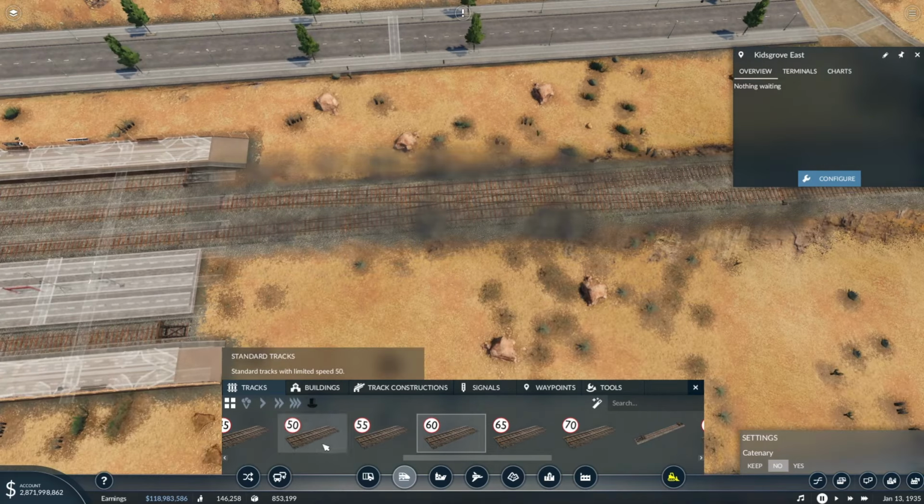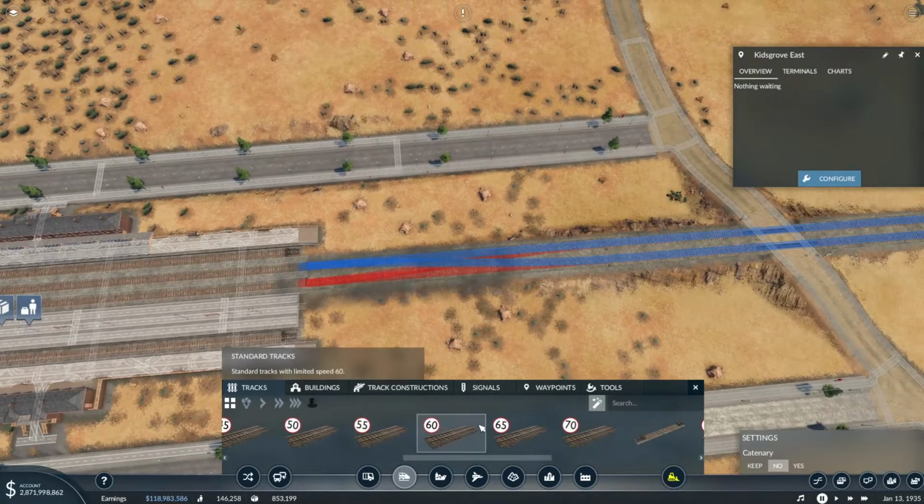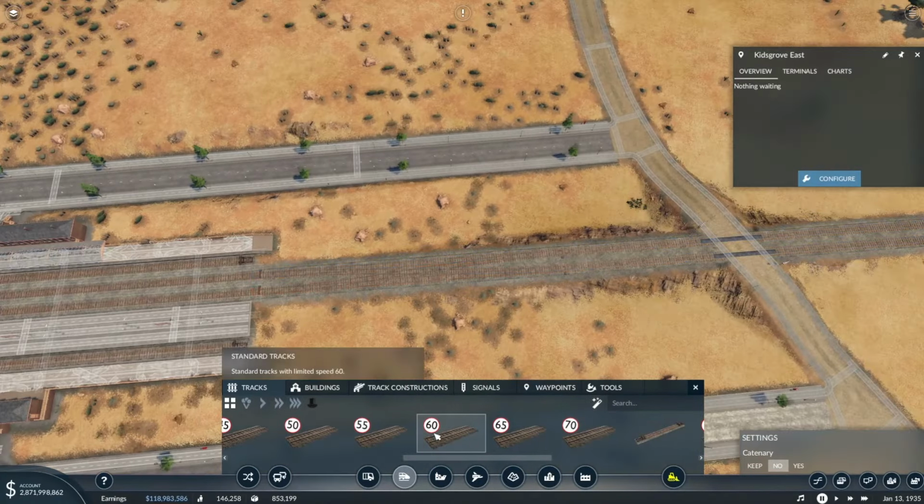There we go. And then 60. That one's not going to be. There we go. So they use the bypass line. And then